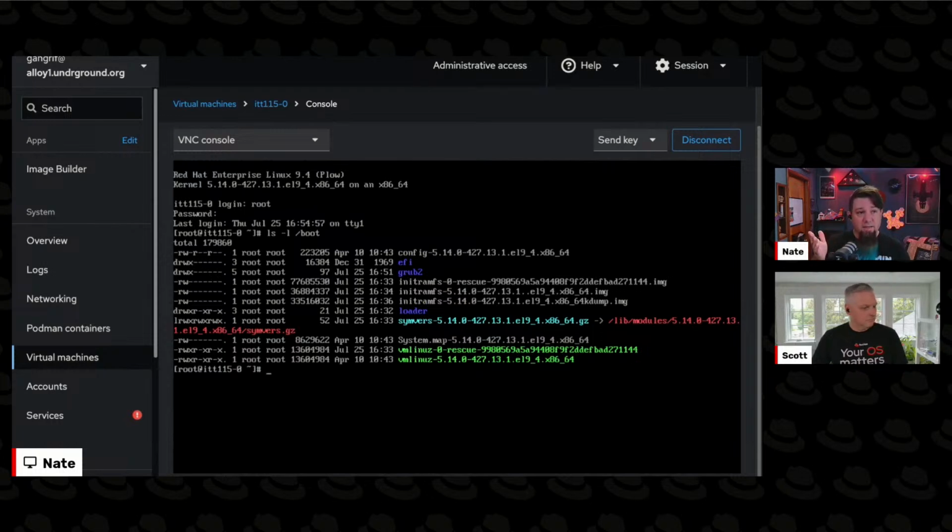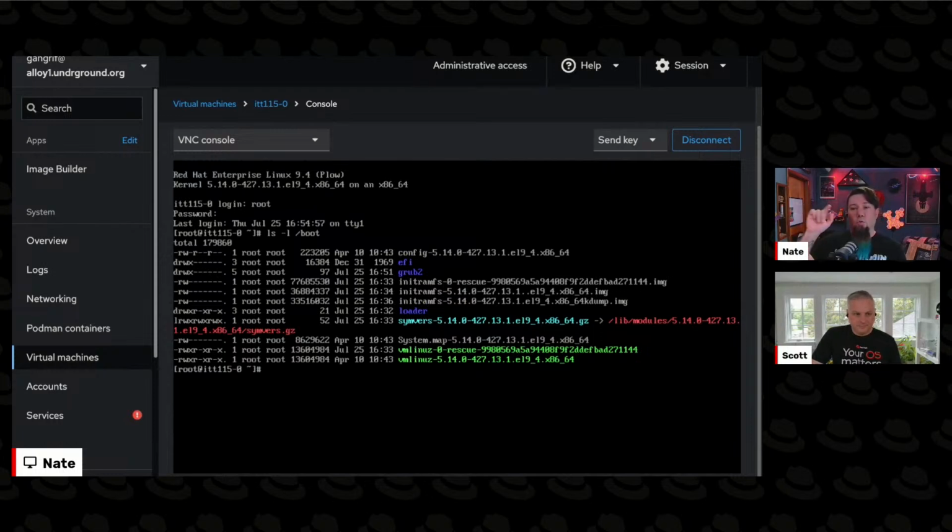And if you had jotted down the version of the kernel that we were dealing with, it's 5.14.0-427.13.1, you'll see, in fact, there's an initramfs right there for that kernel. So why won't it boot? Well, I don't know how well you can see this in the stream because of font sizes. You can see there's a typo in the initramfs file name. There are 2 dots between the 13.1 and the